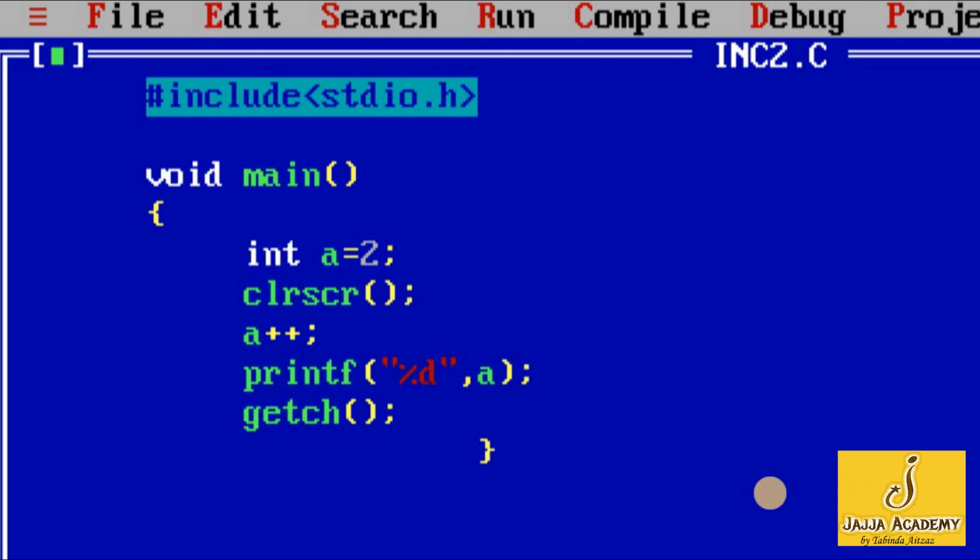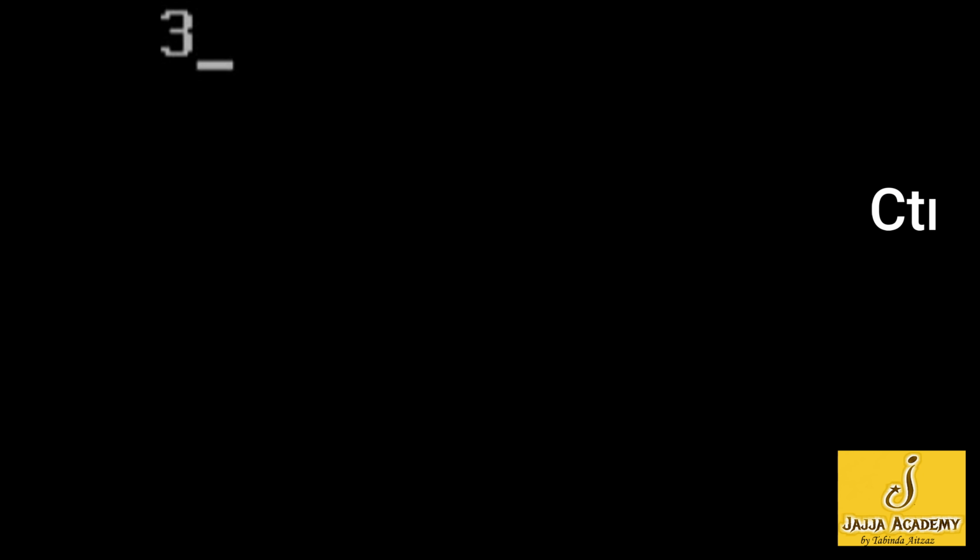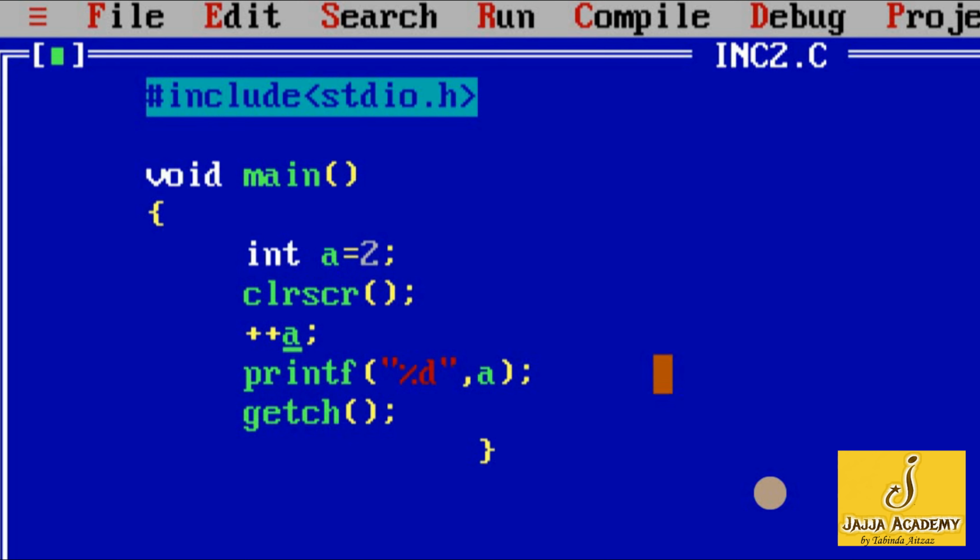Coming back to the program, now I will use the prefix increment operator by writing ++ before the variable name. Now I will compile and run this program again by pressing Ctrl F9. The output of the prefix increment operator is also 3. So there is no difference between prefix and postfix increment operators because they are used independently.